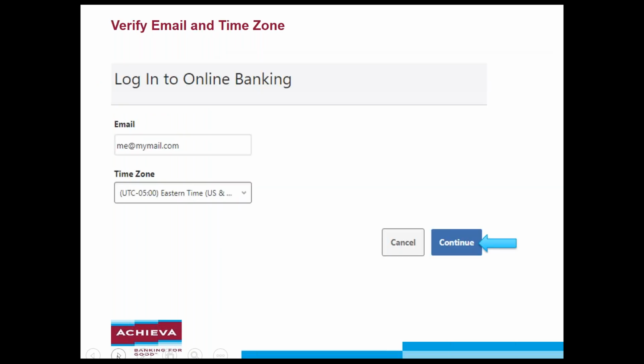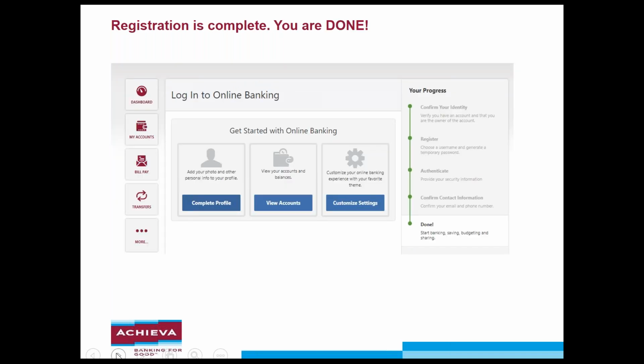And then on the next screen, you'll validate that this is your email address and the time zone. From here, you click Continue, and now you're done. So this is a quick, easy way to register for online banking. You have the ability to use widgets, and what I'd like to do now is